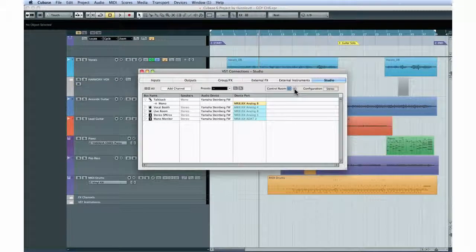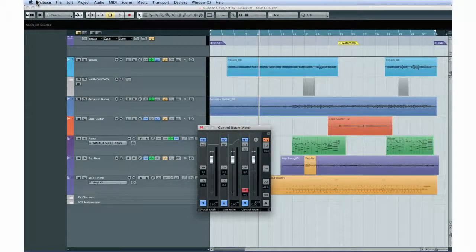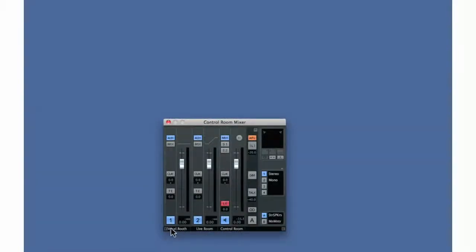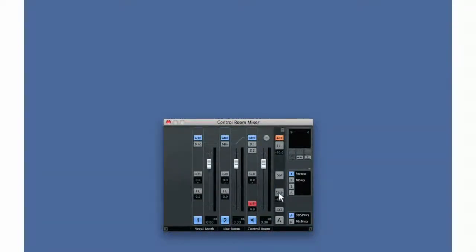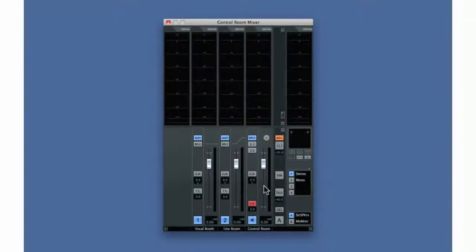Now it's time to open the control room mixer. The control room mixer allows us to turn the talkback mic on and off, select which studios will hear the talkback signal, change monitors, change stereo configuration, select which mix is played in the control room, select which mix is played in each performer's studio, select who can hear the click track, and activate the listen function and determine how much to turn down the rest of the mix when a track